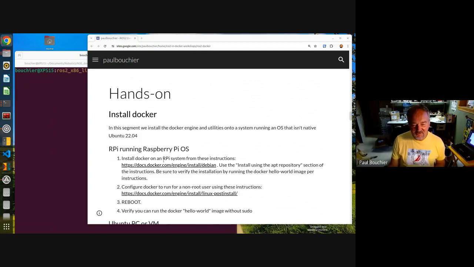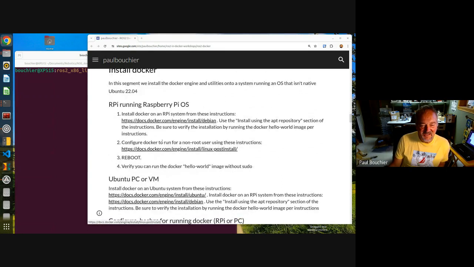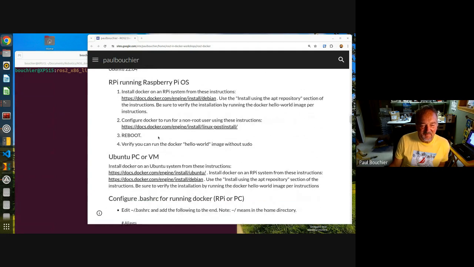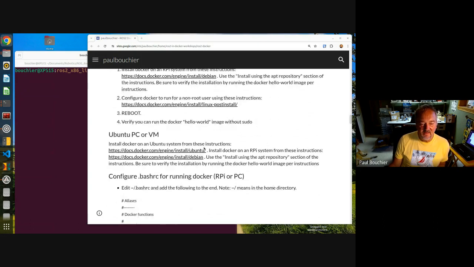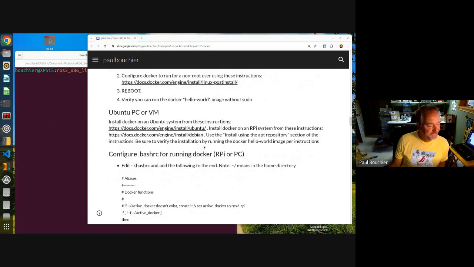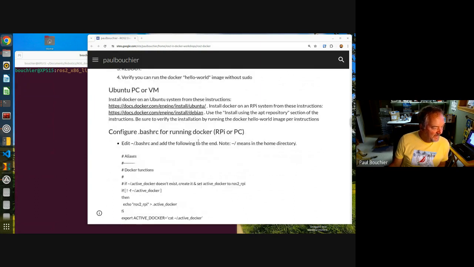Oh, you do? Awesome. Okay, so you didn't need to do this. The only install difference is where you get the URL that you get Docker from. On Raspberry Pi, you get it from a Debian repo, and on x86 you get it from an